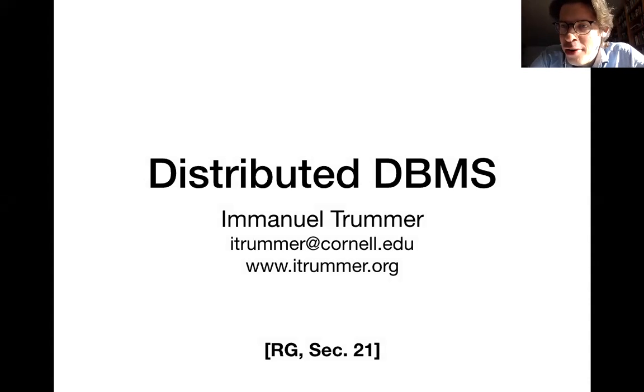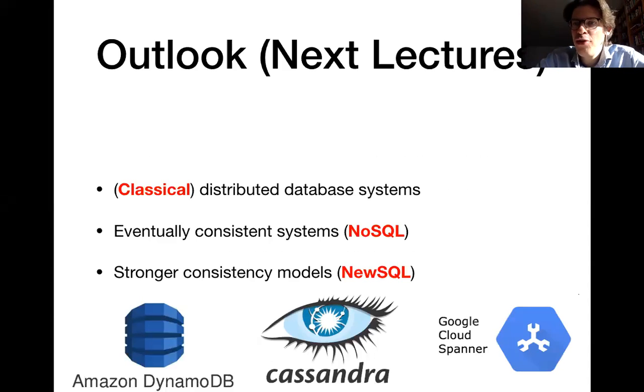And today we're going to start with a new topic, which is distributed database management systems, which is systems that essentially distribute their data over multiple sites. And the relevant chapter in Ramakrishnan and Gehrke, that's chapter 21. But some of the things that we are going to discuss in the following lectures in particular will not be covered in this book. So to give you a little outlook of the coming lectures, we're going to discuss first